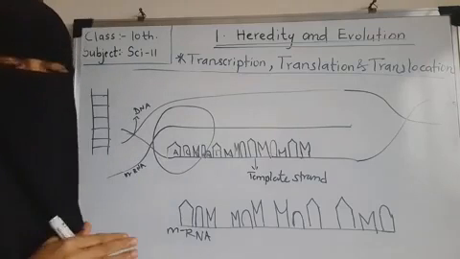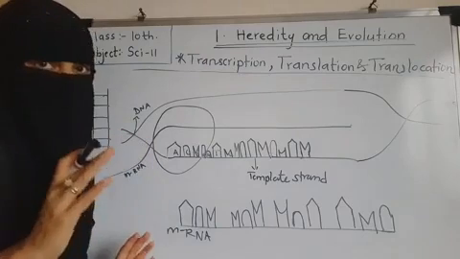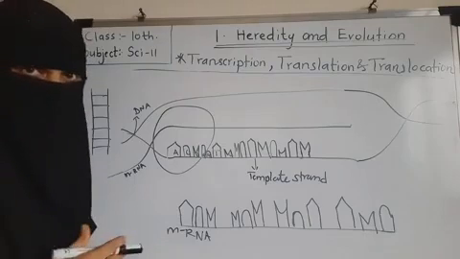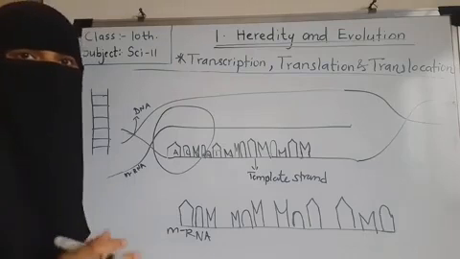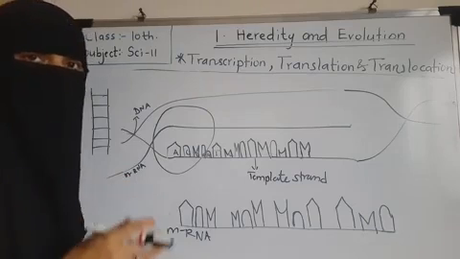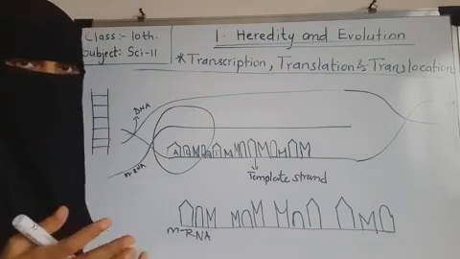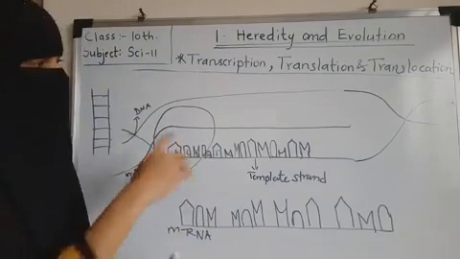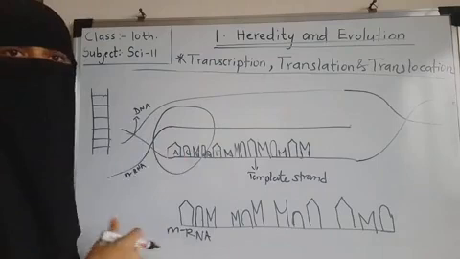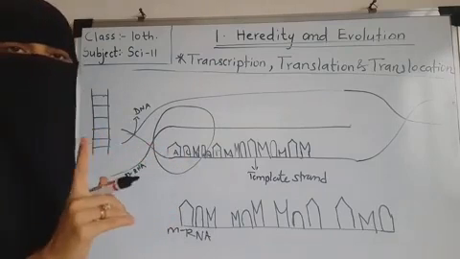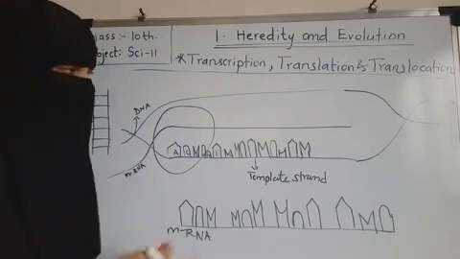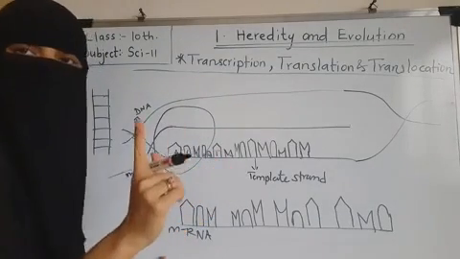Now messenger RNA is produced as per the sequence of nucleotides that is present on DNA, right? And this process is called transcription. Now first what happens is the two strands of DNA separate out. You know, in DNA there are two strands, right? The first thing that happens is these two strands of DNA separate out, and only one strand is used to produce messenger RNA. While producing messenger RNA, out of these two strands only one is used.